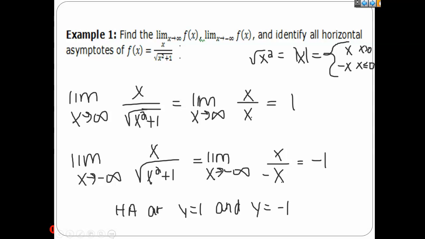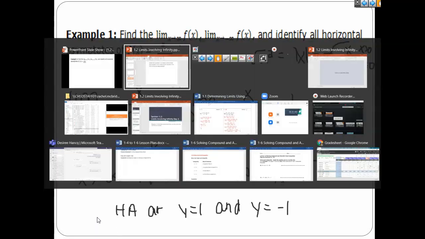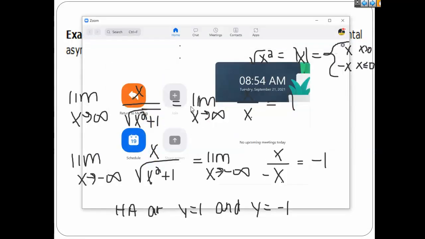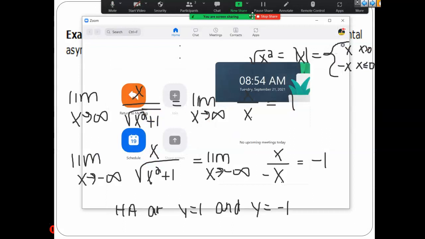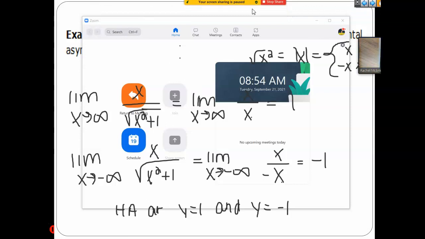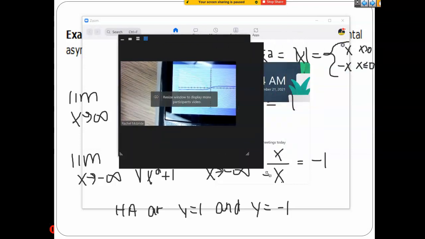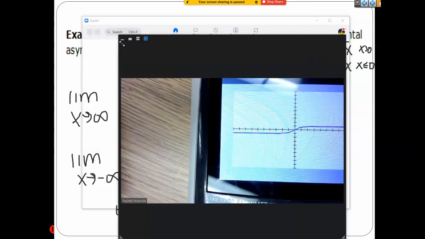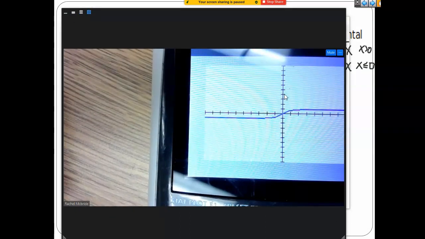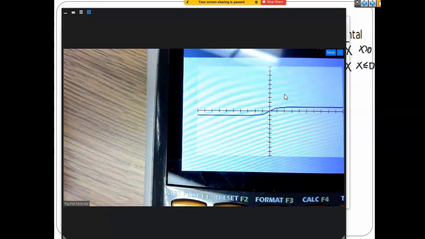So if you look at the function we're looking at right now, this is the function we were just discussing. Can you see how there is an asymptote at 1 to the right and negative 1 to the left,